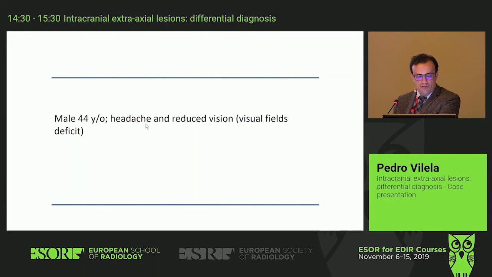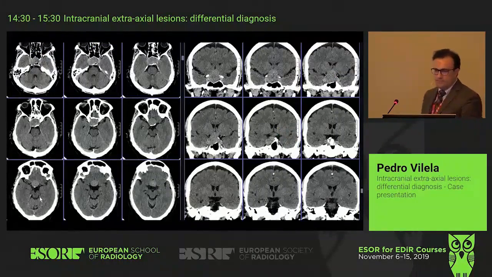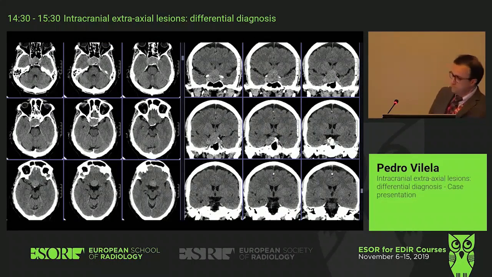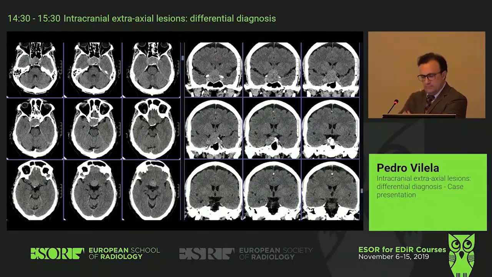Okay, male, 44 years old, headache, reduced vision. Actually, it was a visual field defect. And what do we have here? There's a mass lesion in and above the sella, and it's enlarging the sella itself, so it must be a slow-growing lesion that has remodeled the sella, the bone, and it is extending